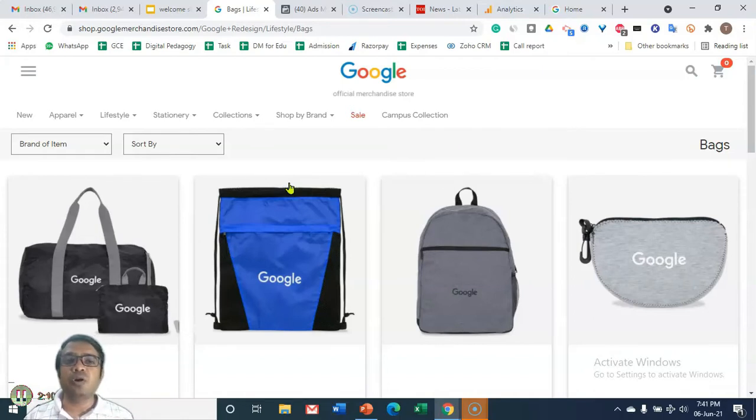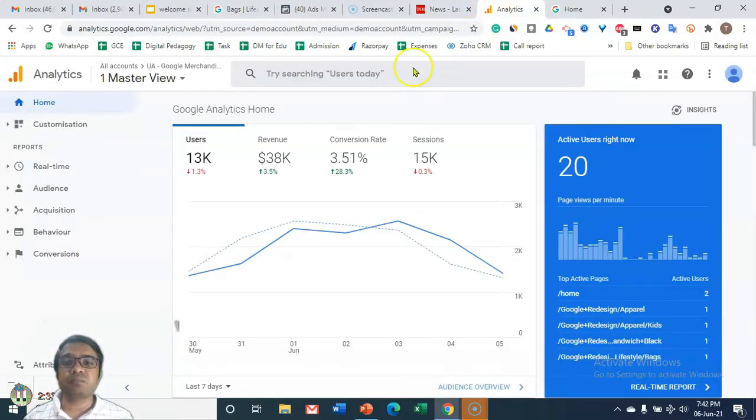So now I will take you to the Google Analytics of this particular website, which is the Official Merchandise Store, the live platform of Google. Similarly, for Tech for Educators, we have our own Google Analytics. Every company or every website will get their own. This is a dummy ID that Google has created, a dummy site and dummy Google Analytics, for everyone to understand what Google Analytics is. Here we can see this analytics has been divided into 7 to 8 categories: Home, as of now we are at home, Customization, Real Time, Audience, Acquisition, Behavior, and Conversion.